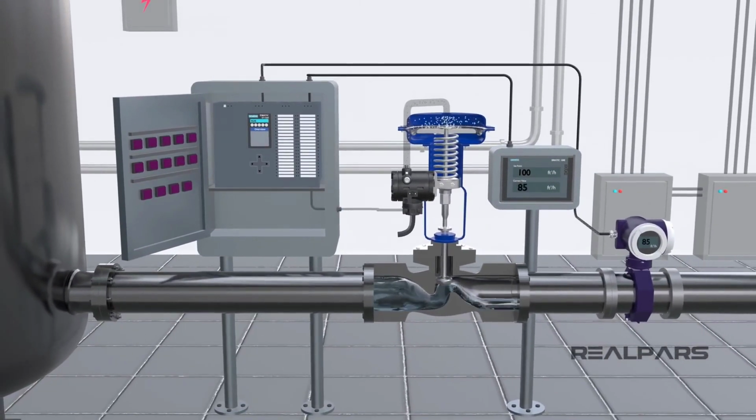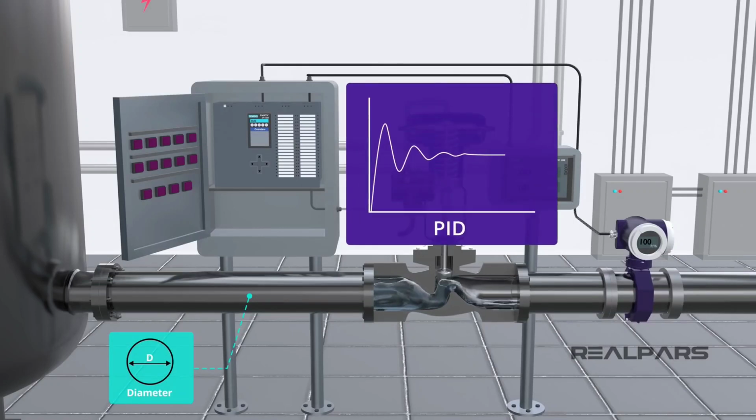You might wonder how much the valve opens or closes when the flow rate changes. Well, that depends on a number of things, such as the percentage of flow rate change and the diameter of the pipe. Regardless, the controller must be tuned so that it produces the correct response to any change in flow rate. This is most commonly achieved by using PID control within the PLC or controller. We have already created several easy-to-follow videos on what a PID controller